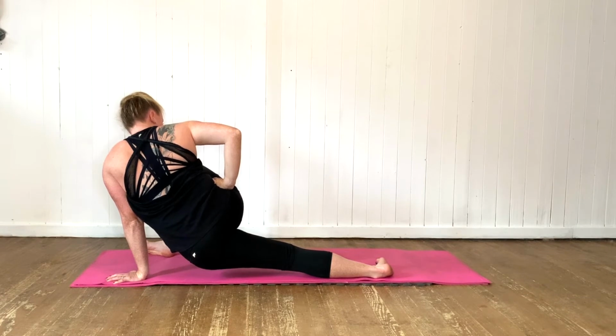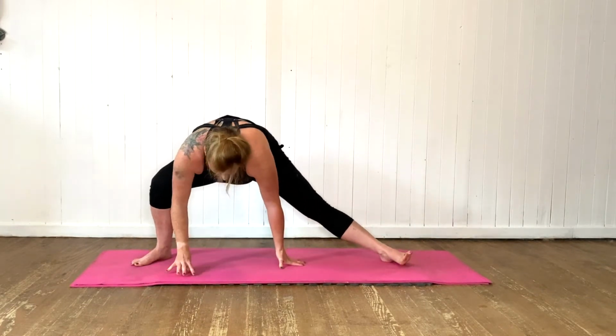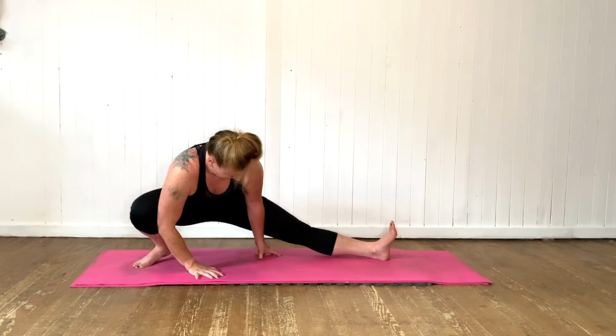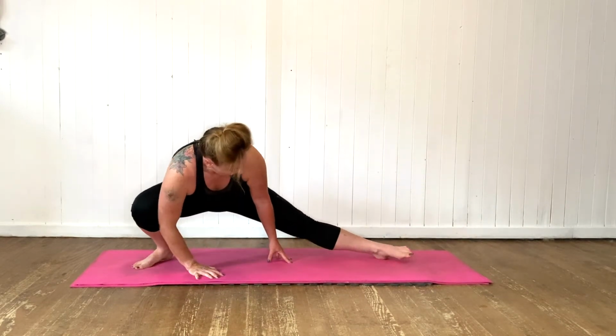And then just holding it. Bring it back, or coming all the way around to the front. So we're now coming into a side lunge position, and then we're going to press up and drop down again. Just go down as low as you can. We want to aim to keep the heel onto the floor as much as possible,